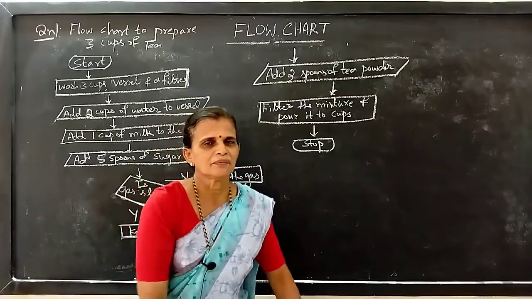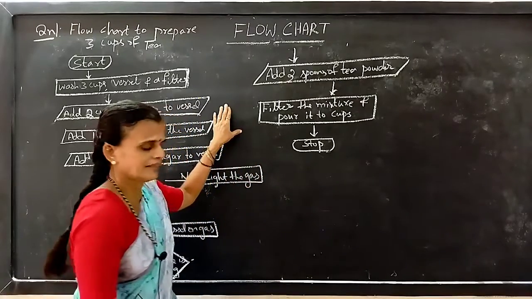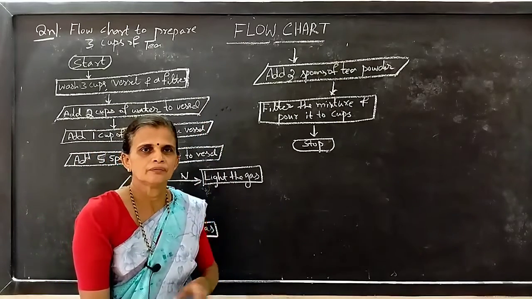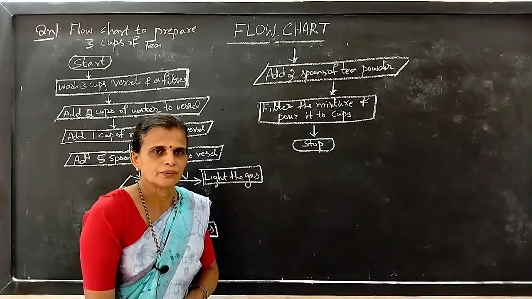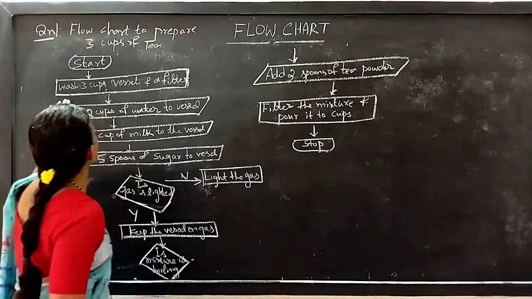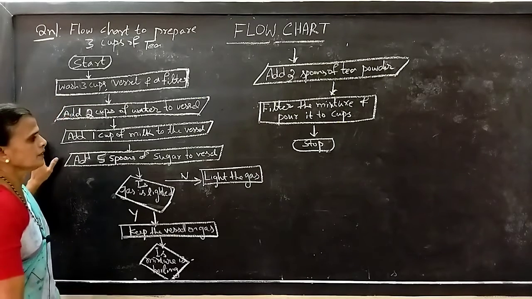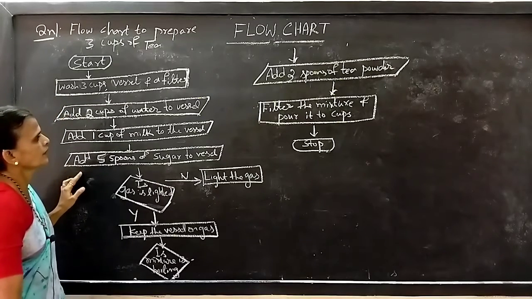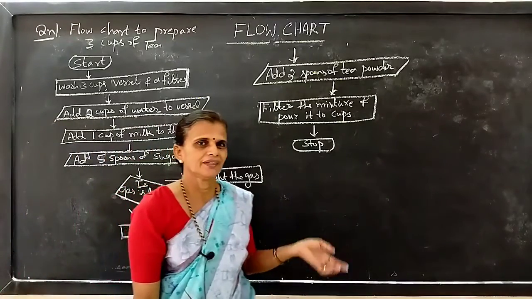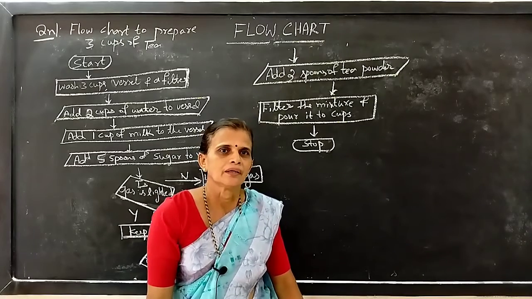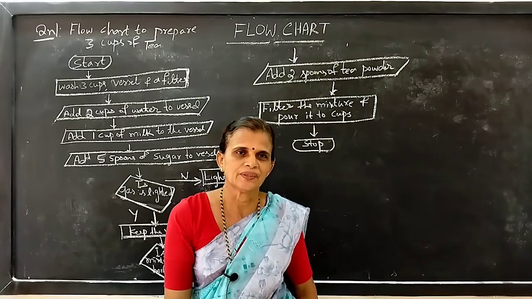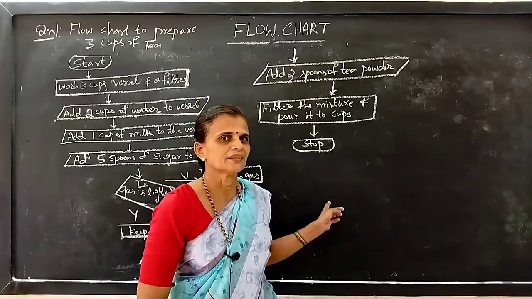Say, this is a simple example for preparing tea in our day-to-day life. Your flow chart is applicable in our day-to-day activities also. So we can represent that using the standard symbols. See what are the requirements we want for preparing tea. Okay, understood, no? It is very interesting and applicable in our day-to-day life. Okay, students, I hope you have understood these symbols.